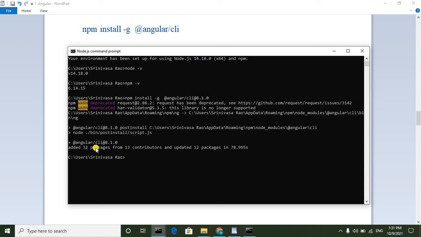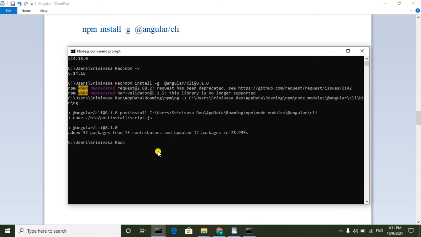So here we can see Angular CLI is installed successfully.